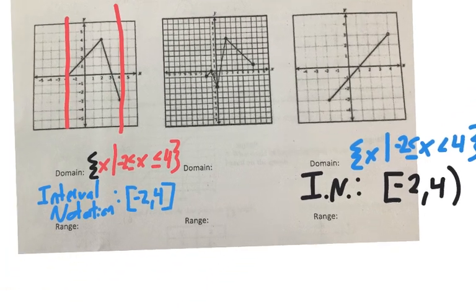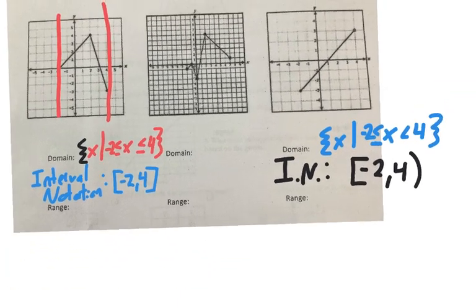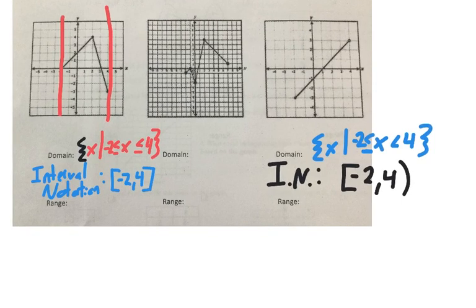Okay, we'll do range. I'll do it a little bit quicker. Let's go back to 7. You have to do it both ways on that one, too. When I'm talking about the range, I'm not going to be talking about x's. What am I going to talk about instead? Y's. So I would say it's all y's such that y must be between